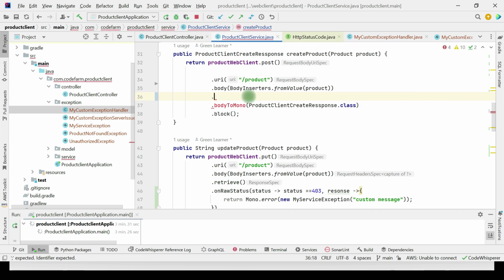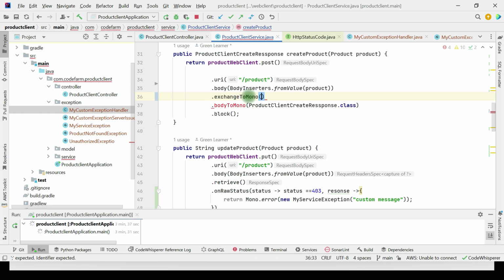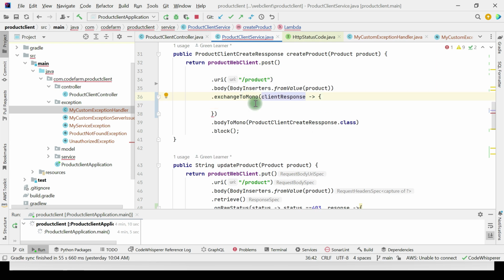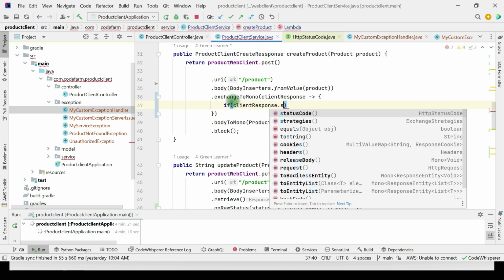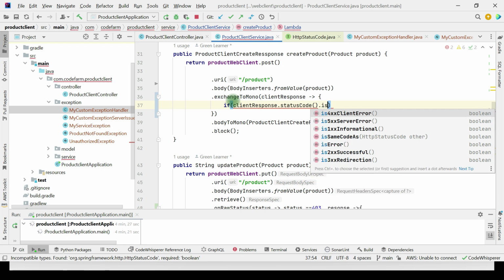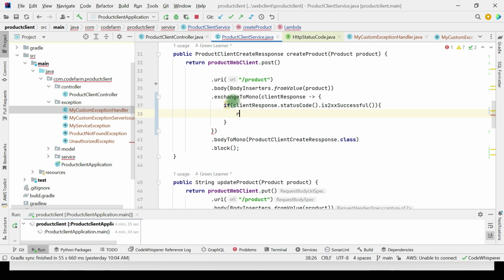There is another way, the exchangeToMono function, and in here it has the client response, and now I have more control on this client response, so I can do my custom logic. If clientResponse.status is, I can compare it, like if it is a 4xx, 5xx, 2xx. So let's say if it is a 2xx successful, what do I want to do with this one? I want to